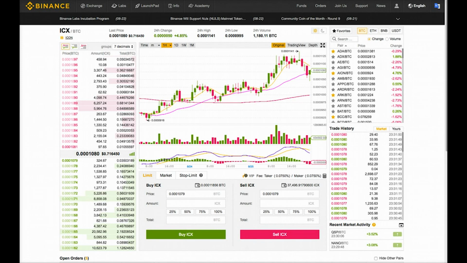At the top of the page, it will have some stats for the coin, including price, 24-hour change, high and low prices for the 24-hour period, and 24-hour trading volume in Bitcoin. There is a small link right underneath the call letters that will take you to a page with more detailed information about the coin, even including the latest news articles.